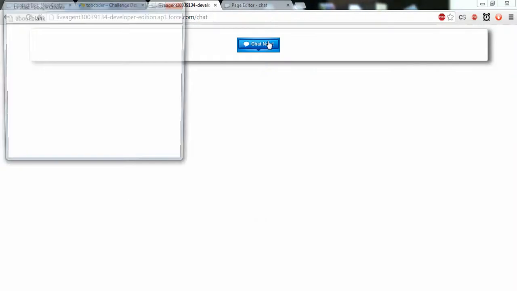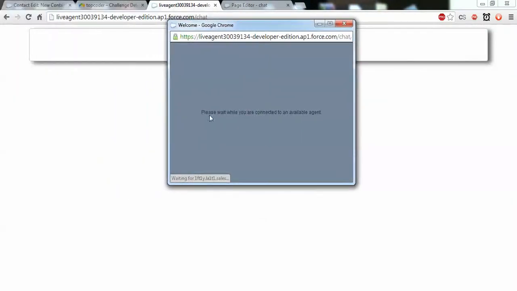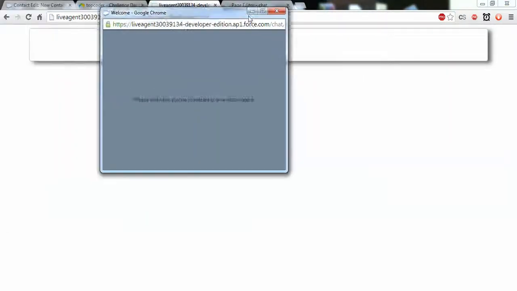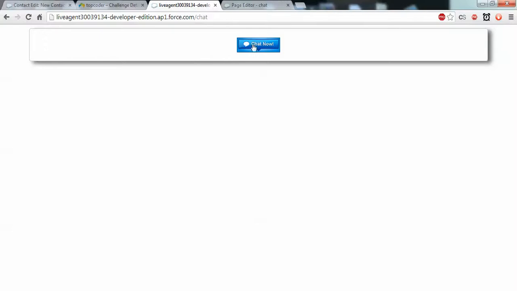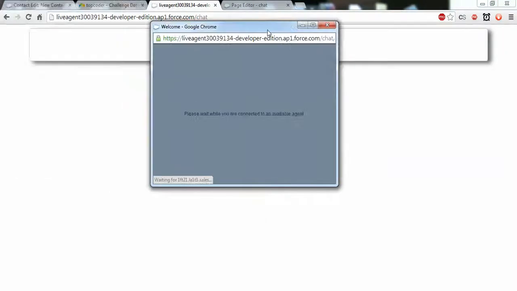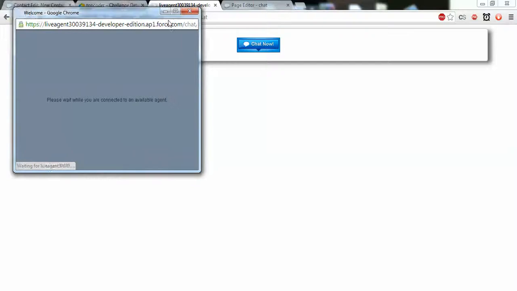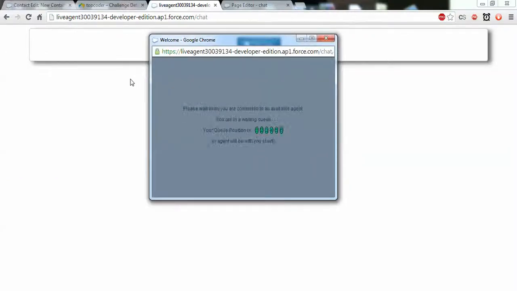If you try another one, your queue position is 3. Your queue position is 4, 5, 6.